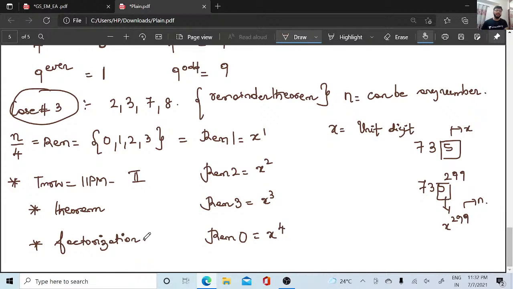From the day after tomorrow, that is on the 9th of July, I'll be taking probability. Then we'll move on to permutations and combinations. So tomorrow at 11 p.m., please do attend the class at the same time, where we'll be focusing on number system part 2. You have Wilson theorem, Fermat theorem, and the Tauschent method for finding out the cyclicity of a prime number. All these methods will be taught to you in brief.